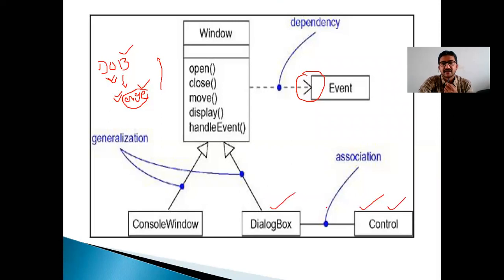If anything changes here, it also changes over here, and vice versa is also allowed. Then we can use association. The best example is parent and child. When you're using generalization, the best example is dependable. Here we are going to have association.